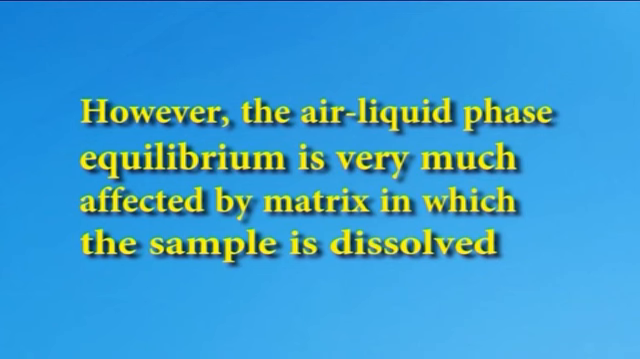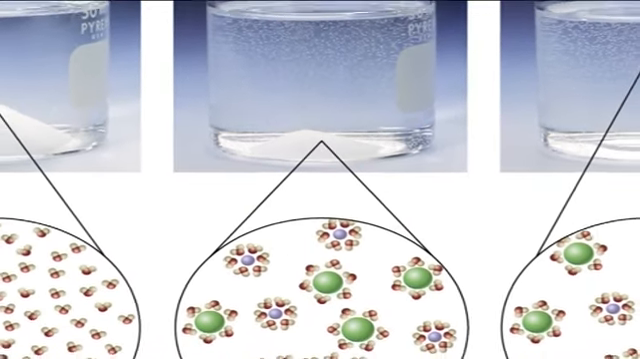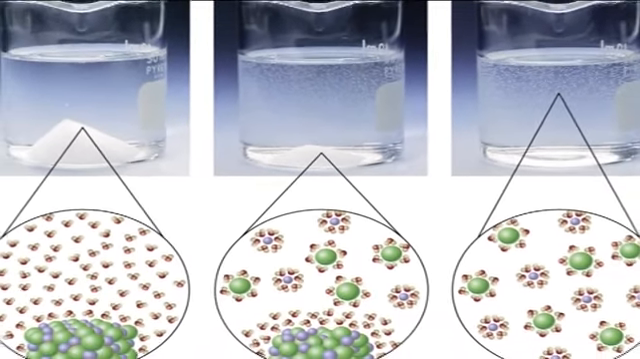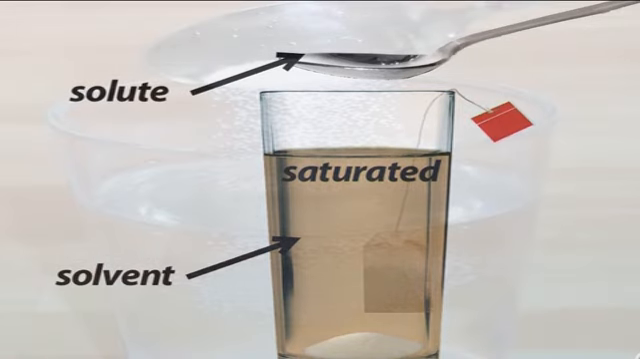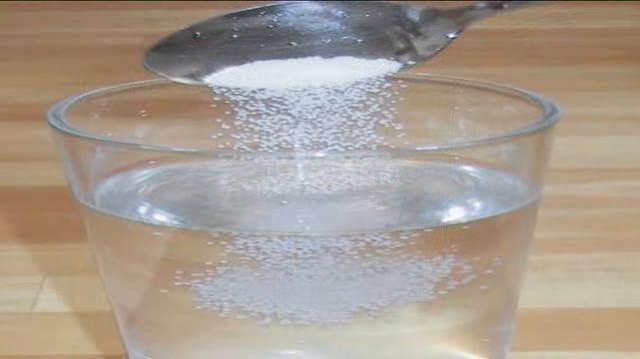Calibration curves are made by dissolving the target chemicals in purified water and then treated in the same manner. However, the air-liquid phase equilibrium is very much affected by the matrix in which the sample is dissolved. So, in a lot of cases, standards dissolved in purified water might not be appropriate surrogates from which to prepare calibration curves. In such cases, it is necessary to saturate samples with salt, add an external standard and then quantify